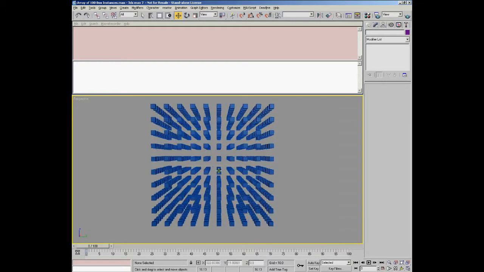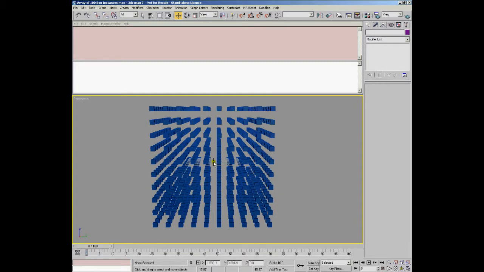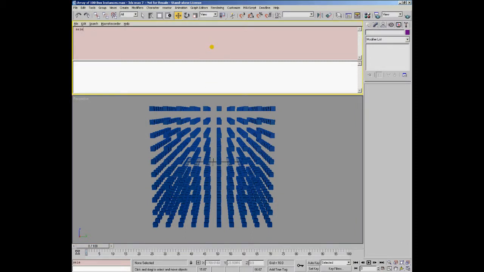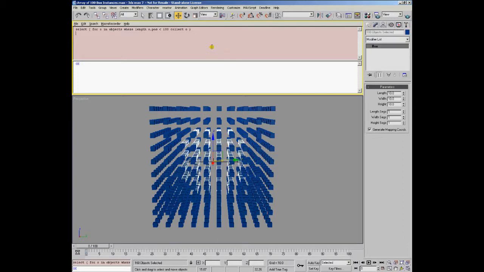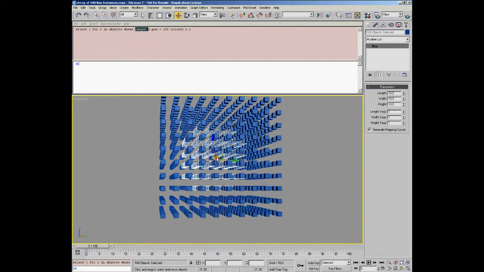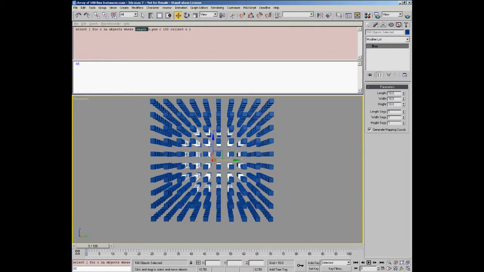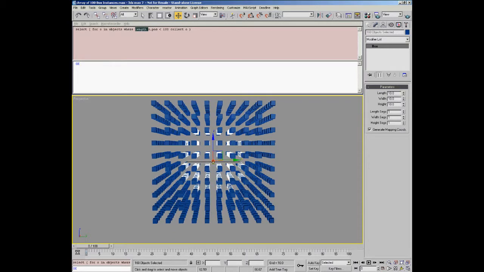To select those boxes that are within a radius of 100 units from the world origin, we could say: select for all in objects where the length of the object's position is less than 100 units, collect the object. The function length returns the length of the vector starting at the world origin and pointing at the pivot point